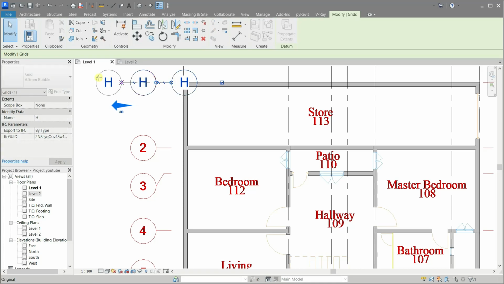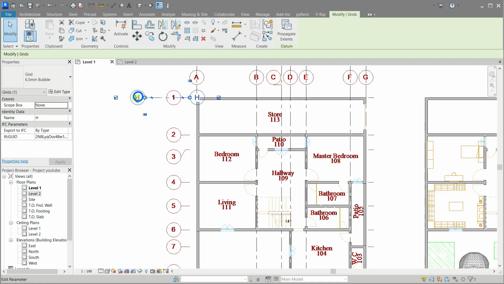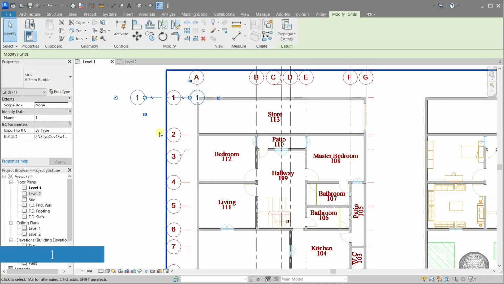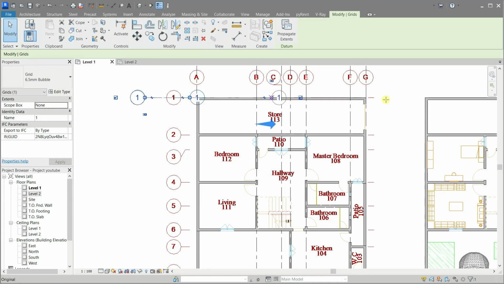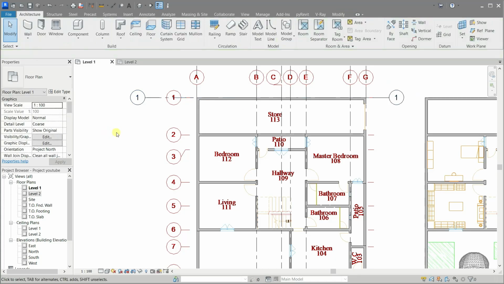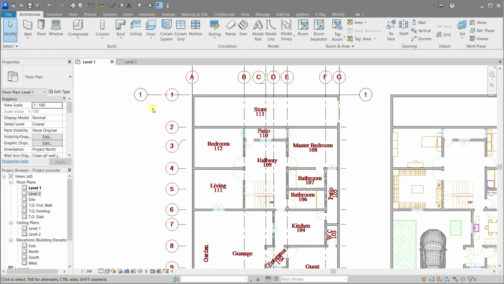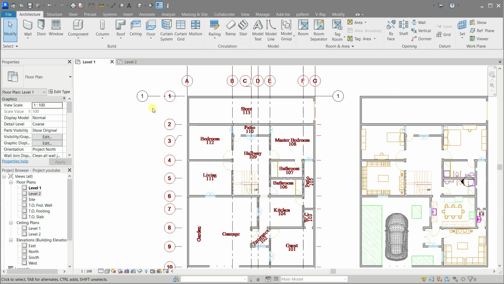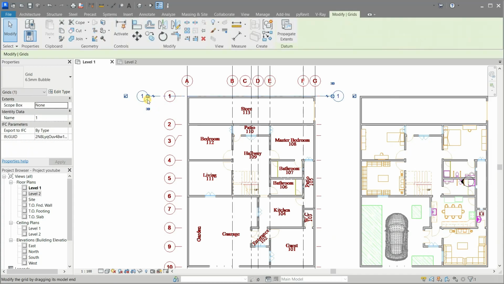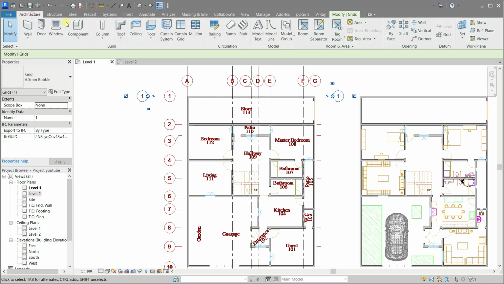Click and drag the grid line to the left, then click inside the bubble and rename it to 1. Click and drag the grid line to the right to make it visible. Do the same with the remaining grid lines.